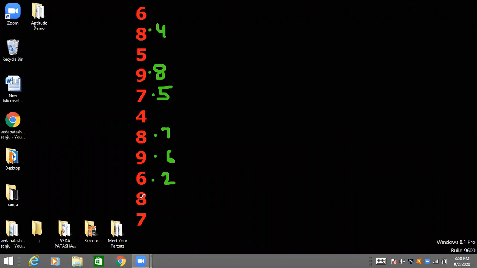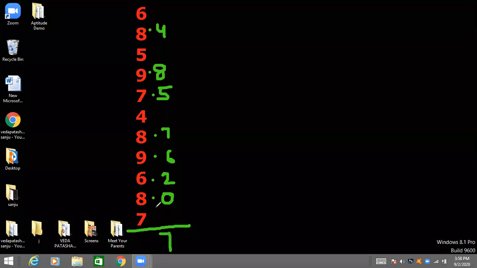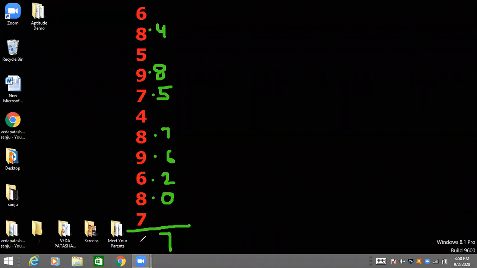Okay. 2 plus 8, 0. And 0 plus 7, 7. You see, Kusum gave the answer. Let me see whether she did it right or wrong. So write 7 as the units place number and count the number of dots: 1, 2, 3, 4, 5, 6, 7. Very good, Kusum ji, you did it. Congratulations. Yeah, this is the answer. All of you understood?